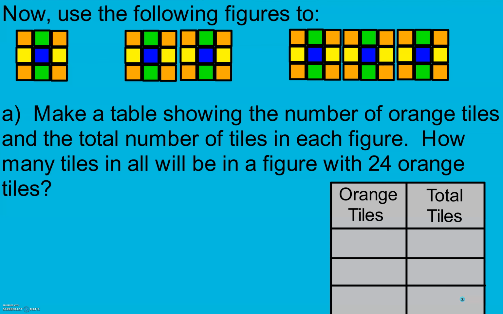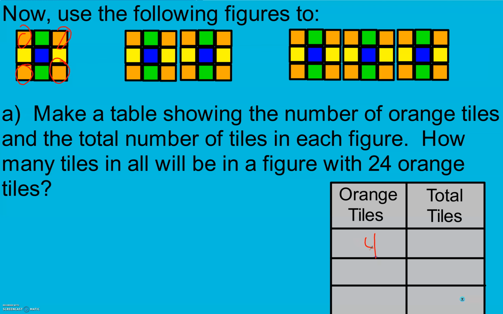Continuing on section 1.1, we're going to use the same figures here to make a table showing the number of orange tiles and the total number of tiles in each figure. And then we're going to find out how many tiles in all will be in a figure with 24 orange tiles. So in my first figure,